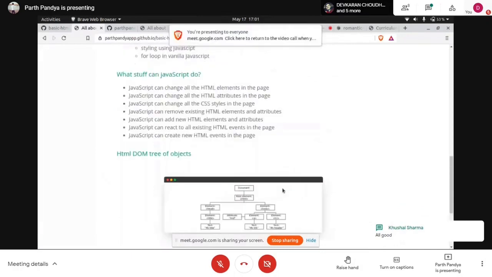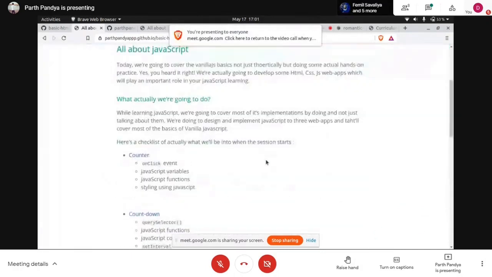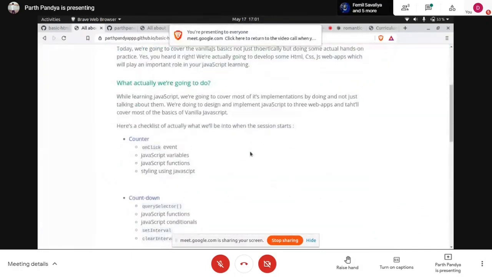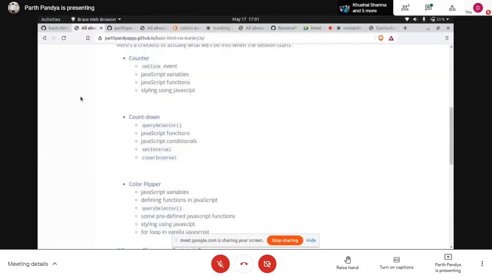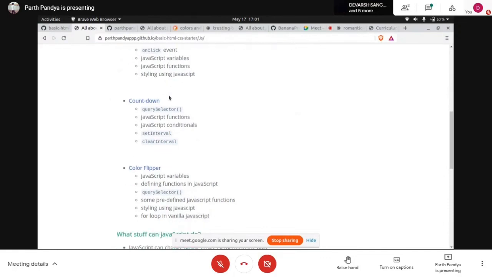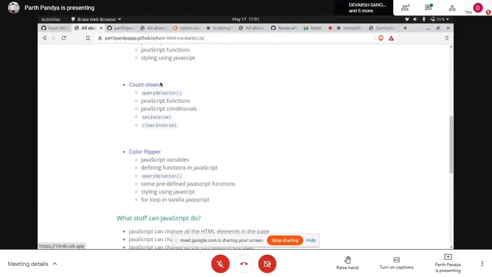So according to the curriculum which I prepared, we have these 3 projects today. Counter, in which we are going to deal with the on-click event, which we have already done, but we will cover this again. On-click, then the JavaScript variable, then JavaScript functions, then styling using JavaScript, and we have countdown.